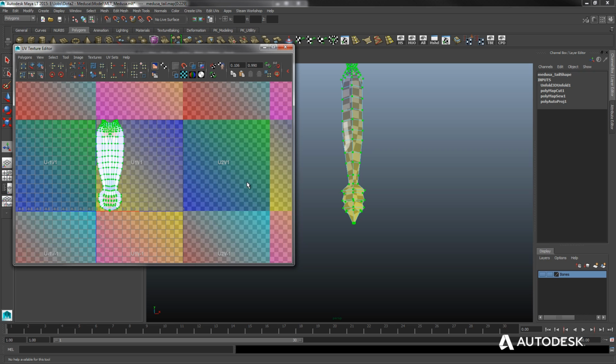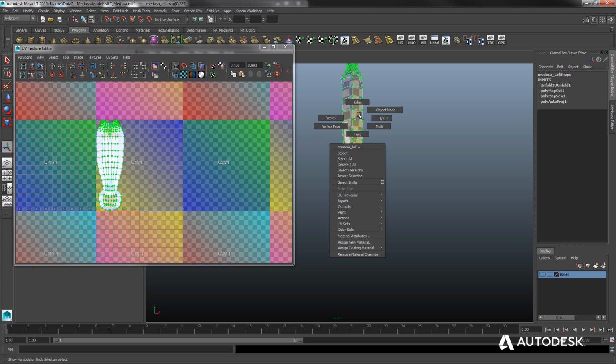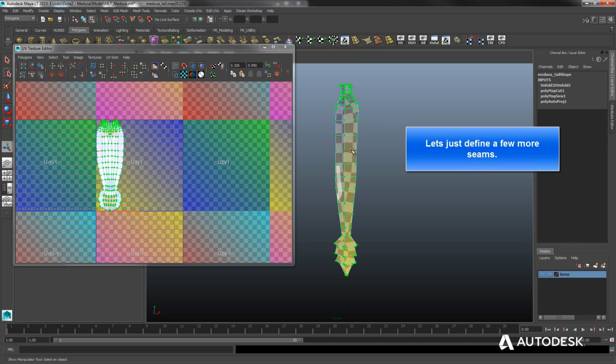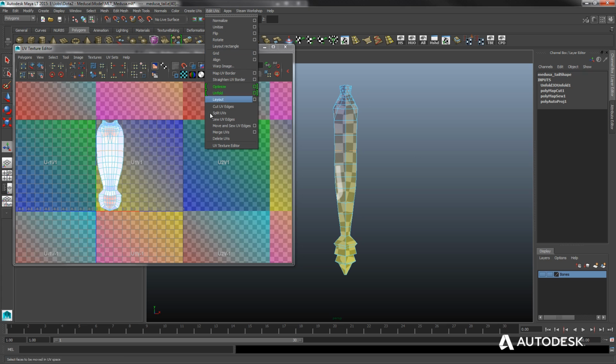But you know, just turn it on its side and take up the full space, and you're pretty much done. But what we're going to do is try to optimize our space a little bit better than that. So let's go ahead and do that. Let's go edge mode again, and let's come in here and get about 50% of the body size, right about here. I'm going to go with this one, just because I think that probably is a little more like it. And I'm just going to go edit UVs, and I'm going to go cut UV edges